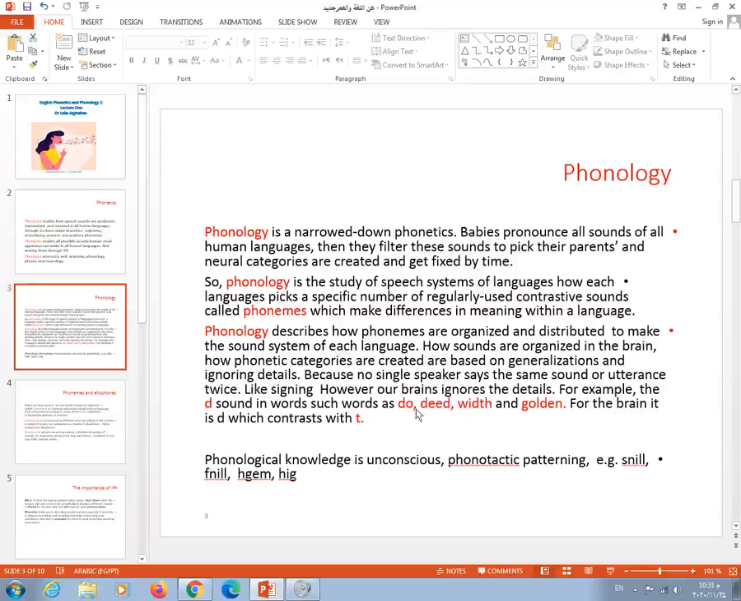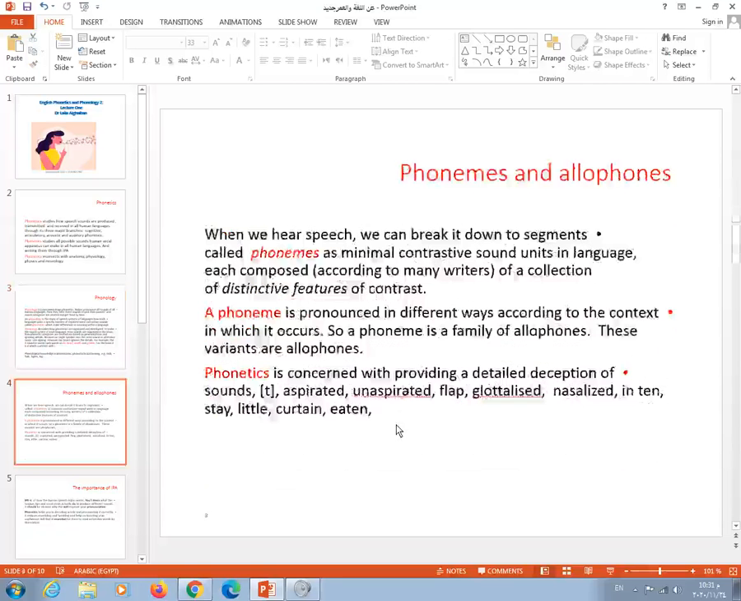However, we say that "th" in "do," "did," "with," and "golden" is representing one phoneme, one abstract sound, which is called "th," and it contrasts with other sounds such as "t," for example. Okay, so this is the idea